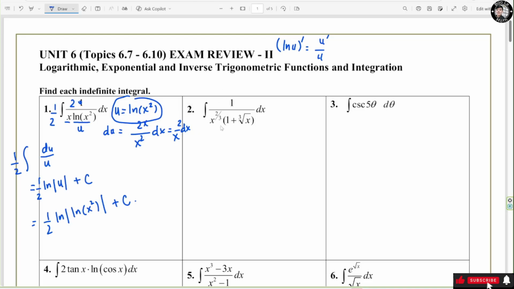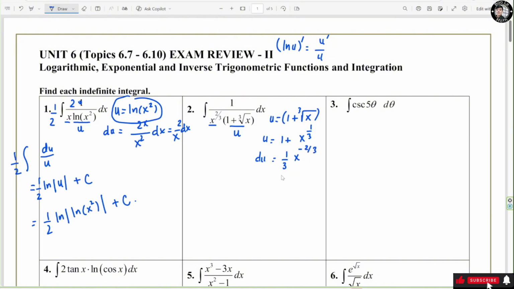Now question 2. We see that we have two expressions right here, 1 and 2. This one is more complicated, right? So we're going to let this one be u, right? So we have u equals 1 plus cube root of s, right? And this turns out to be u equals 1 plus s to the power 1/3, right? Now we take the derivative, we use the power rule, right? So du equals 1 over 3 s to the power of